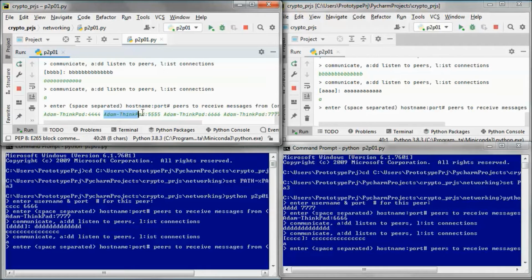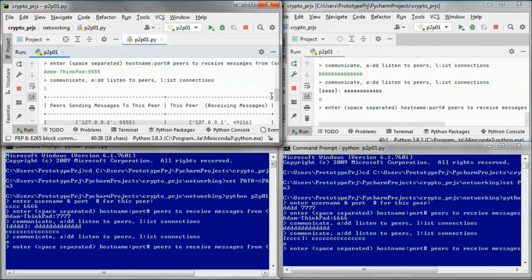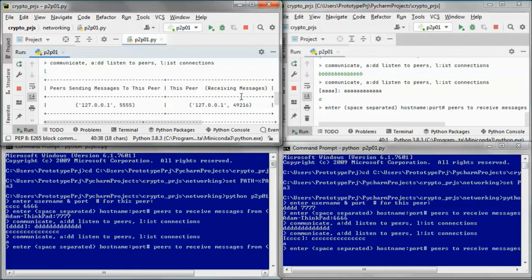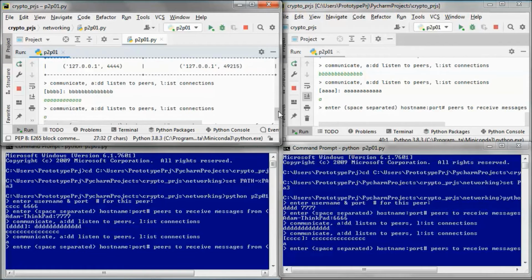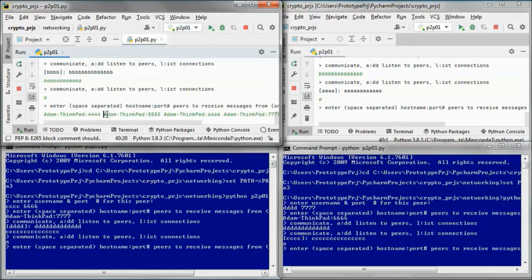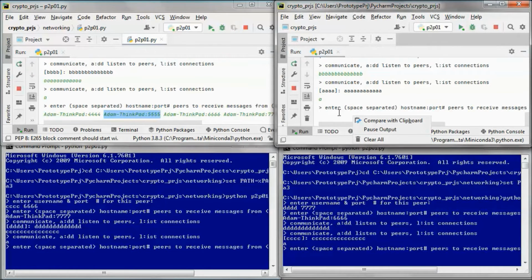So if we repeat it here, like we already are sending messages to this other peer, but it does check here and doesn't repeat sending the same message. So this is for convenience.